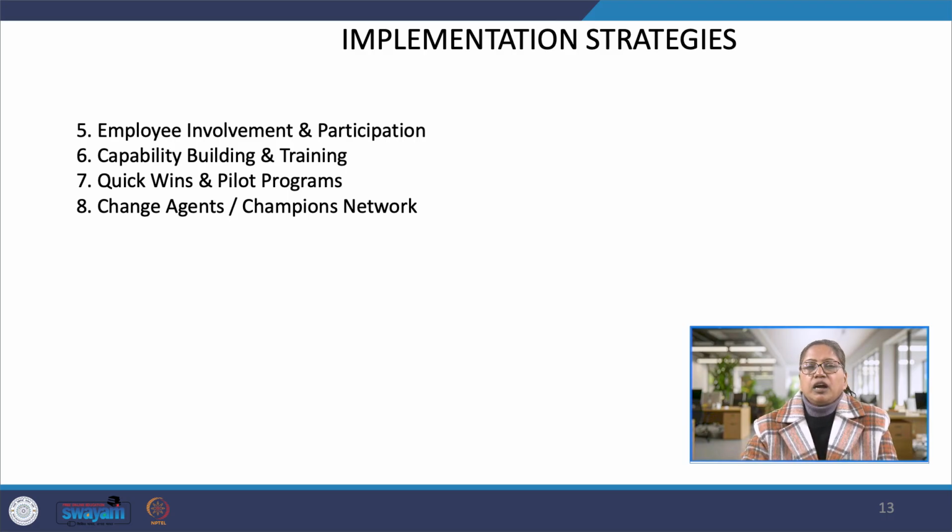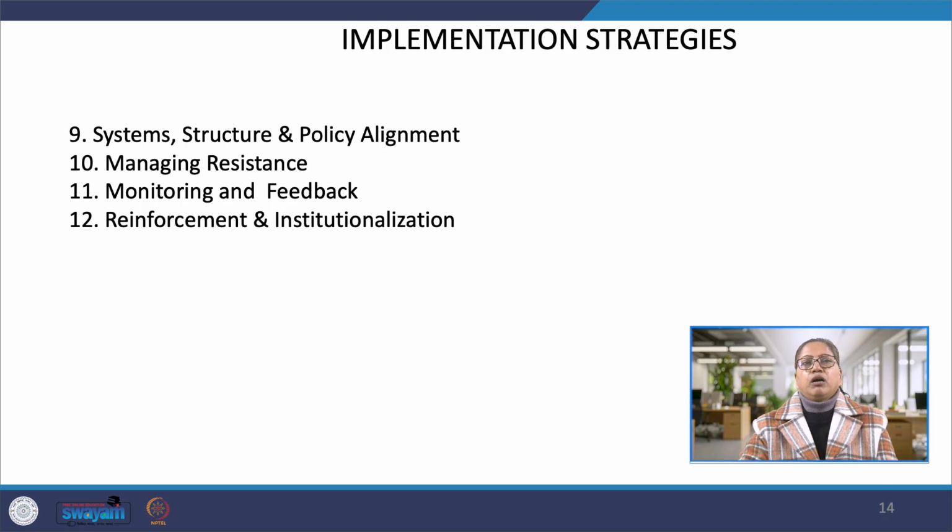Change agents and champions network. Identify and train change champions across the organization. Use them to cascade messages and model new behavior. They act as a feedback loop between employees and leadership. Then, system structure and policy alignment. Align HR processes,